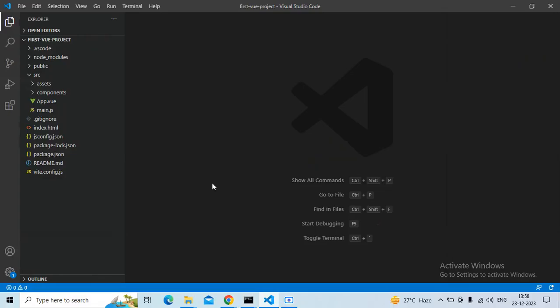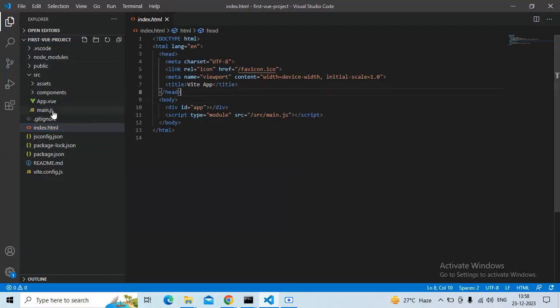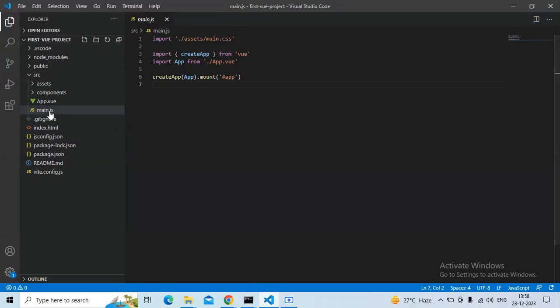All right, in this tutorial, we are going to see what is the anatomy or structure of a view file. If you remember, in the last tutorial, we saw what's the start point of a view project. And in this tutorial, we said that we'll look at what is the structure of a view file. So this is the project that we had last created. And you will see here in the main JS, there is an app.view file which is imported and which is